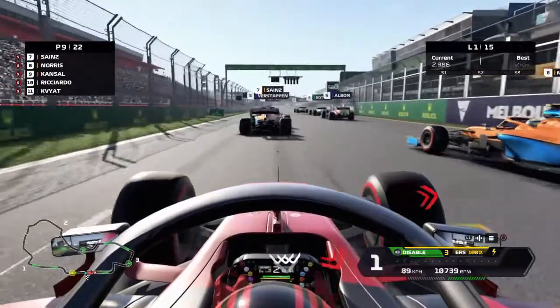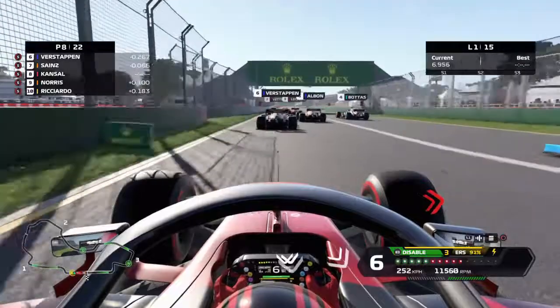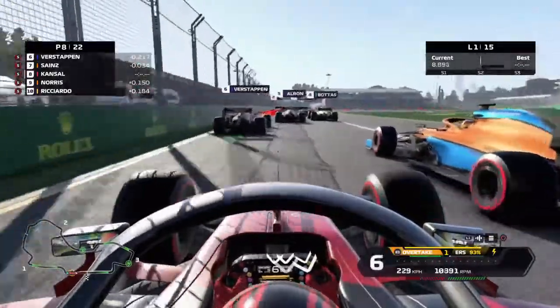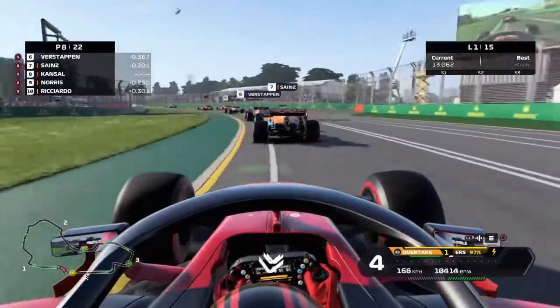We get a good start. We use overtake mode as we have done before on this game. You can see it's very effective off the start. We've already overtaken Norris, but we get boxed in, we get blocked off by Verstappen, and we can't get past